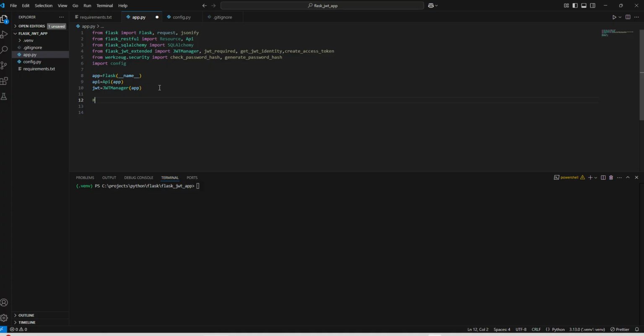Next we need to configure our database. Now here we can use app.config, and here we can use SQLAlchemy